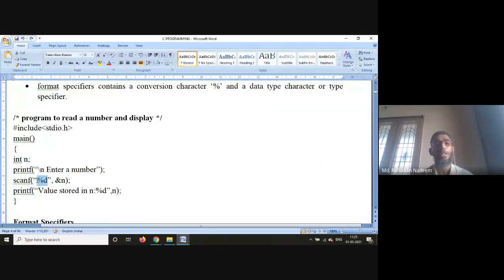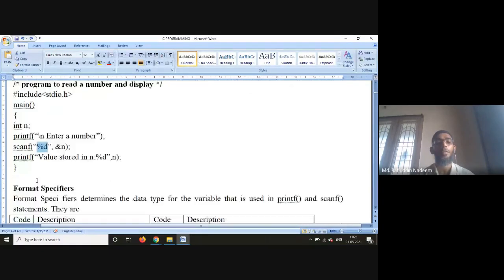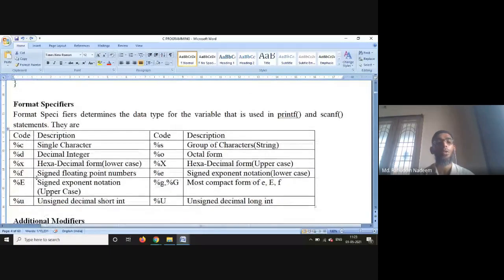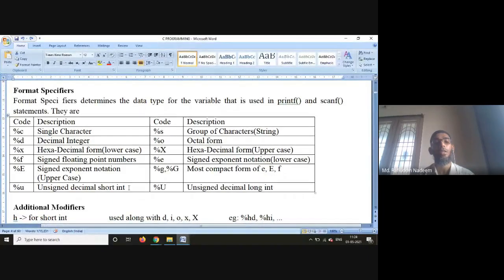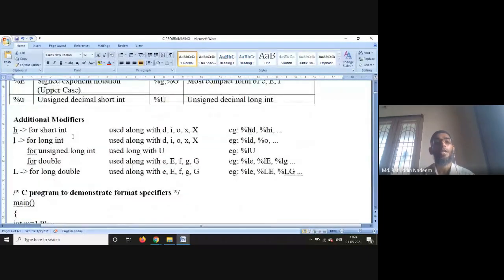Like if you give percentage d, then it is used for scanning an integer value. Then we have the format specifiers. You can go through this entire table, which gives you the list of codes which can be used for various types of data to be printed on the screen. Okay, also the additional modifiers can be used.